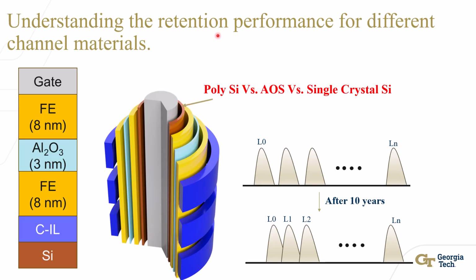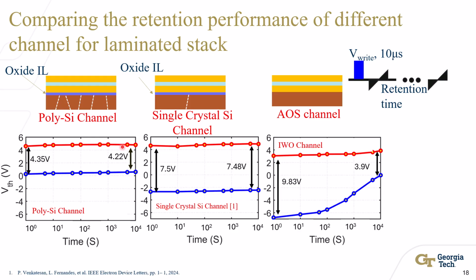After understanding the memory window performance, let us try to understand the retention performance for these different channel materials. Retention is important because the device's threshold voltage should not shift over time, since these are non-volatile devices. If the device VT shifts, that can lead to overlap and read errors, which is undesirable. So ideally, having a robust retention where the threshold voltage is not shifting over time is desired. Here, considering the same laminated Fe oxide stack, we compare the retention performance for different